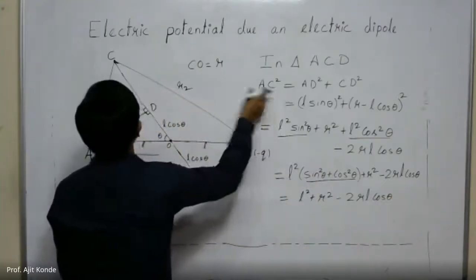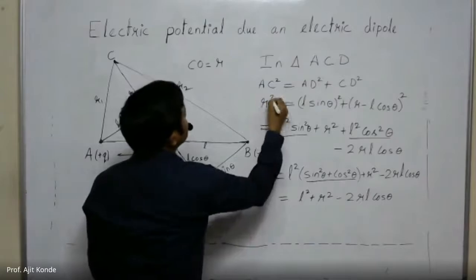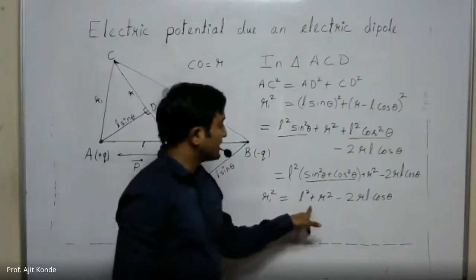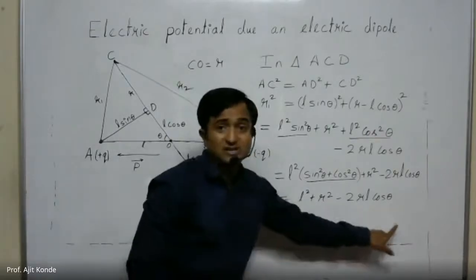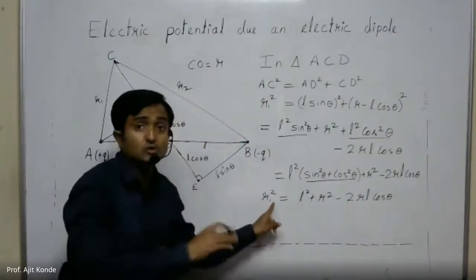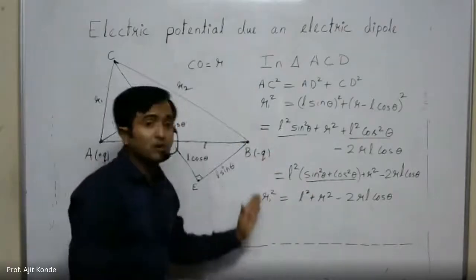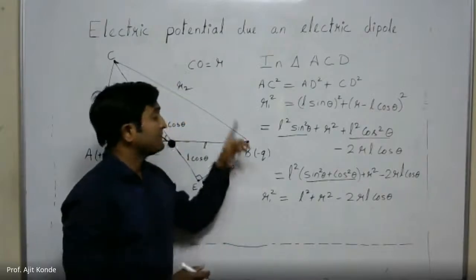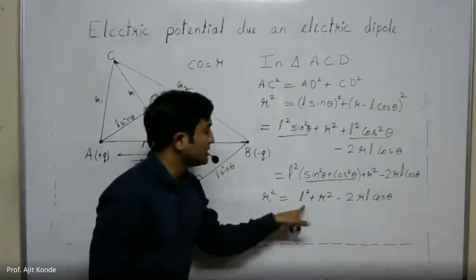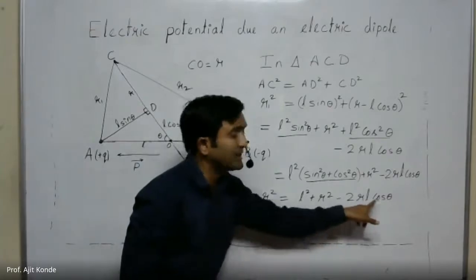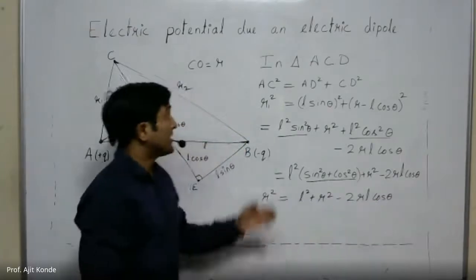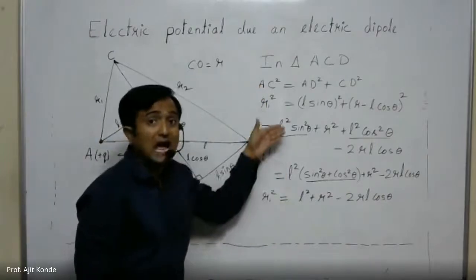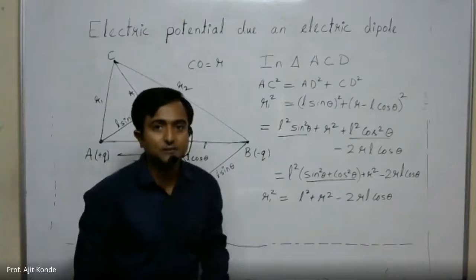This is AC square. And what is AC? That is R1 square. Then directly write one, R1 square is equal to L square plus R square minus twice of RL cos theta. ये बहुत इंपॉर्टेंट है, इसको हम बाद में यूज करने वाले हैं. ये स्टेप्स बुक में नहीं दिए हुए. अब if you check inside the book, over there they have directly written that R1 square is equal to L square plus R square minus twice of RL cos theta by geometry. But I explain you each and every step over here. मैंने आपको सारे steps यहाँ बताए. So you have to write the steps for understanding.